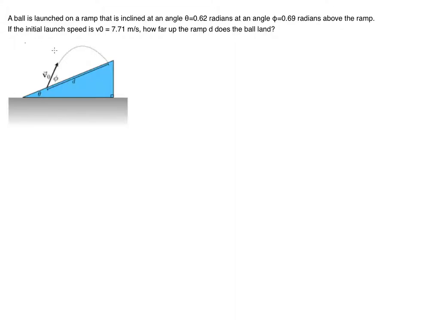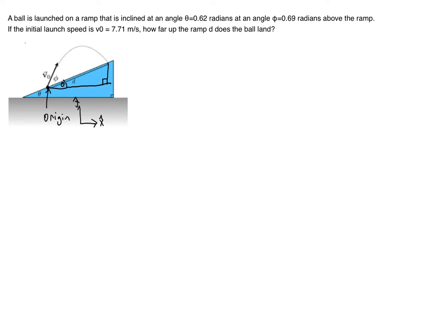It is time for the sequel to the Problem 10 hint video. And when last we spoke, I had just made the argument that I could solve this problem by picking an origin at the base of the trajectory, setting up a coordinate system that was parallel to the ground, and with y going in the up-down direction. And then in this coordinate system, the answer to our problem is the hypotenuse of this triangle here,